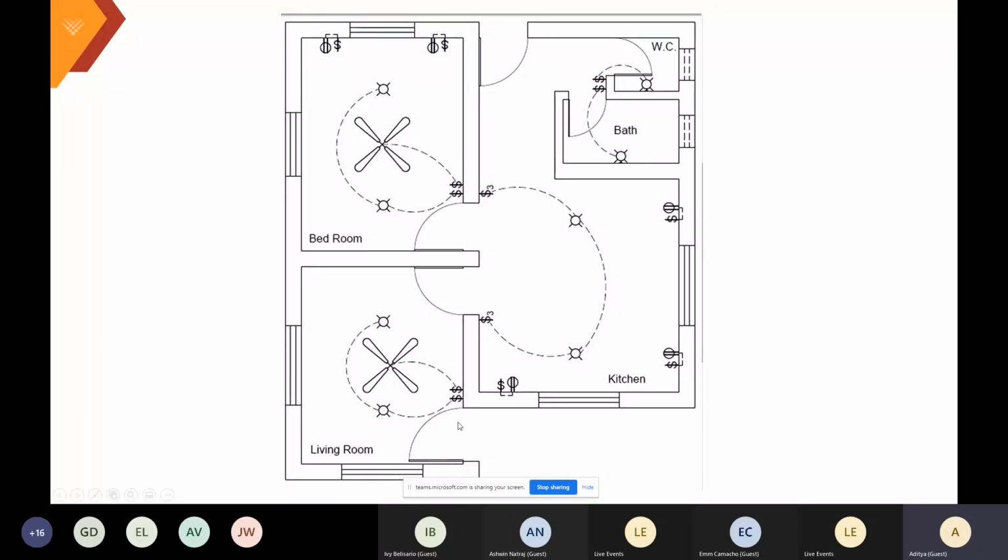So for attributes, how can you utilize the attributes here? You can see in this layout, we have some fans, lights, and then switches. Suppose you want to find out the total length of your wire from some common point, from this point, like what would be the length of the wire which we require to create this layout, like up to here, how much length of wire is required. That can be smartly identified with the help of the attributes, which we are going to utilize in our drawing. So let us switch to AutoCAD now.